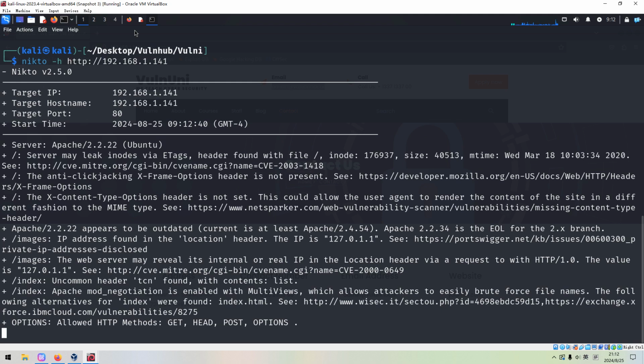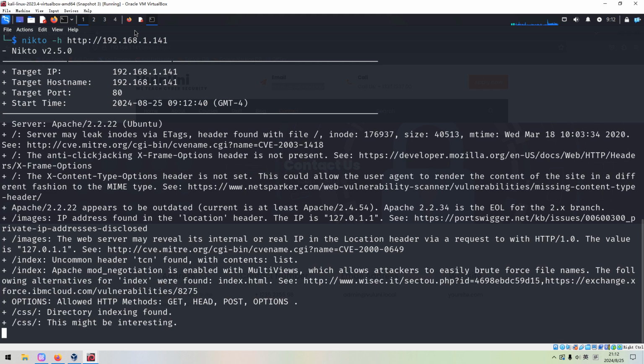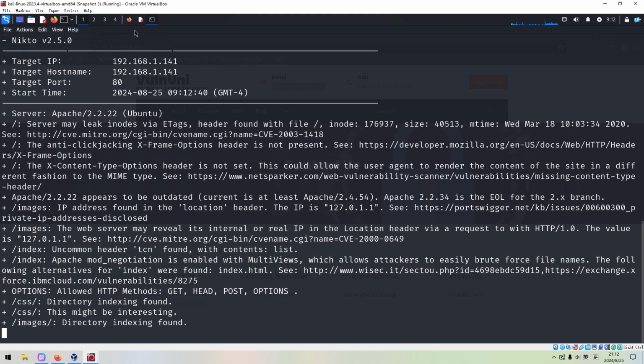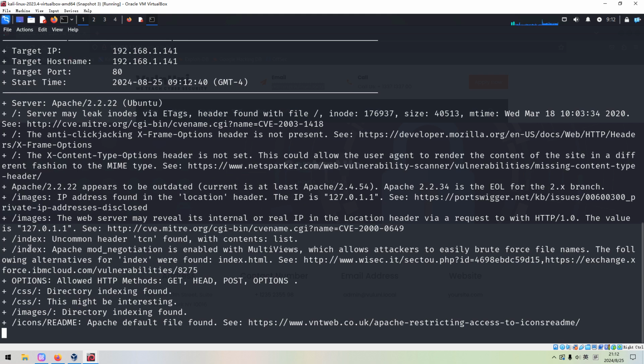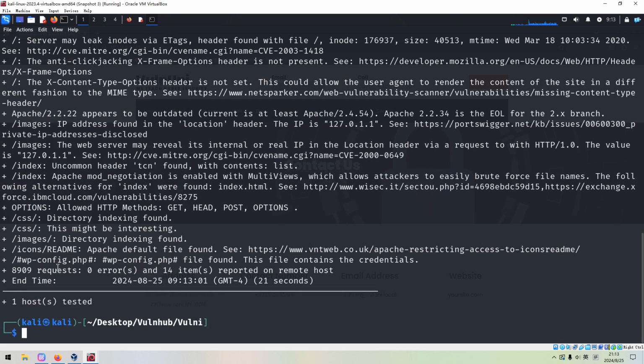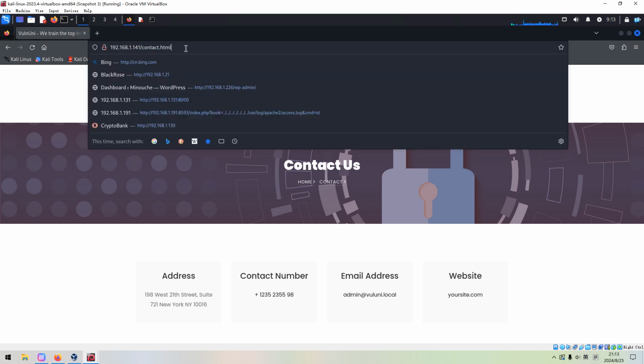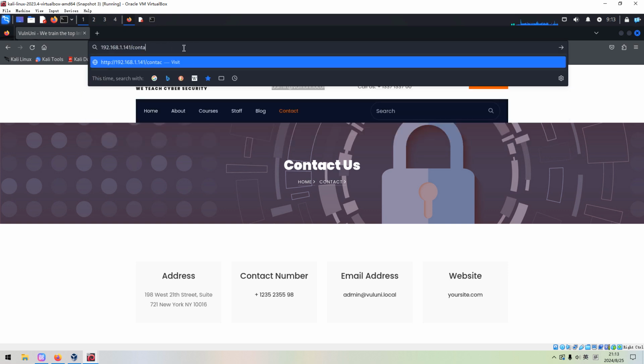Next, we can launch Nikto to do the automatic enumeration. You know, I always use Nikto to start the automatic enumeration. And here, as you can see, not only the header and request header can be retrieved, but also some common files or directories can be enumerated as well. So in this case, for images, I need to take a look at this directory.